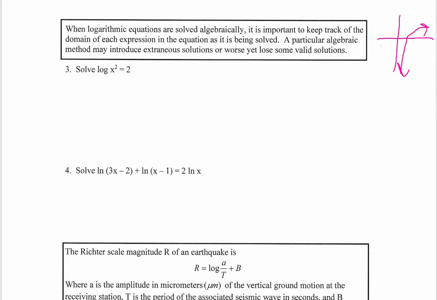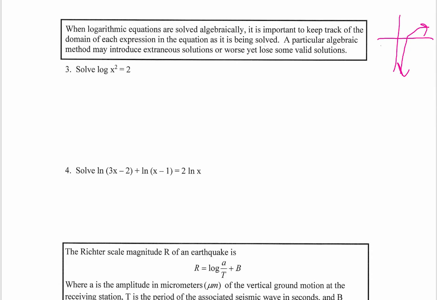But really my domain with log functions is from 0 to infinity, and it doesn't hit 0. We have that vertical asymptote there. And that is with a regular log function. If you're looking at log of whatever base of x, that's what your graph is going to resemble. But what I want to look at is something like number 3, because that becomes a little bit more complicated and we have to be a little bit more careful.